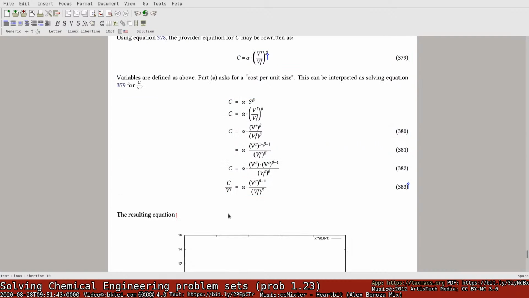The resulting equation, and then let's see, meta shift question mark. Problem 23, C per V